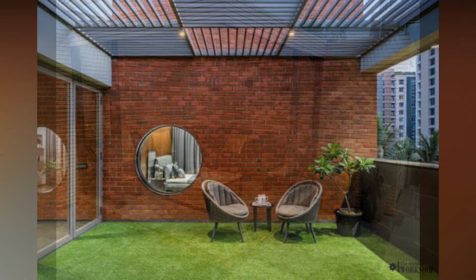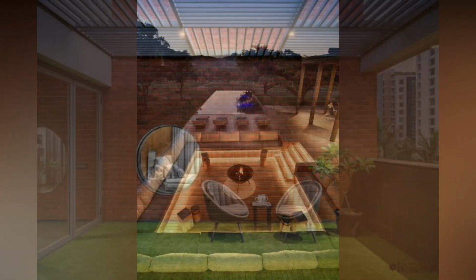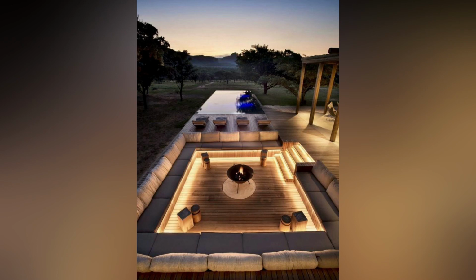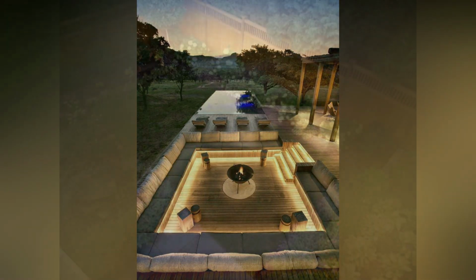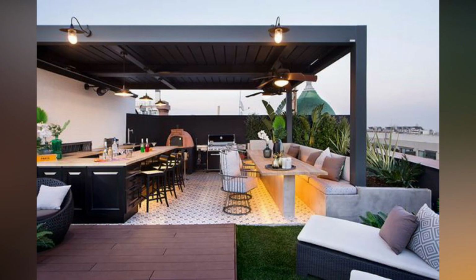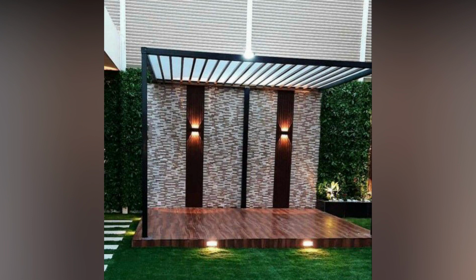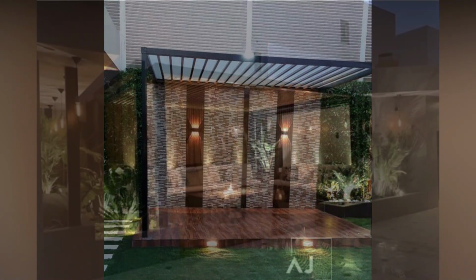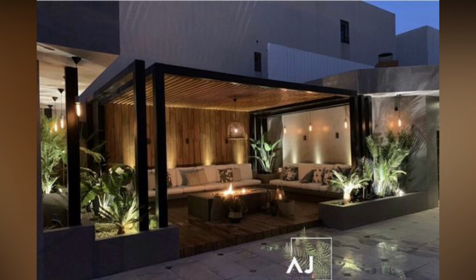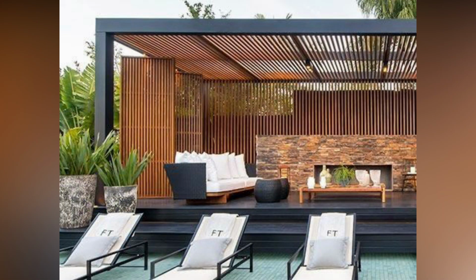As temperatures rise, and the allure of the great outdoors beckons, our focus naturally gravitates towards transforming our living spaces beyond the confines of our homes. With warmer weather comes the opportunity to bask in the sunlight, relishing the joy of preparing and sharing meals amidst the embrace of nature with family and friends. However, the question arises, is your garden ready for the grandeur of outdoor entertaining? If your backyard appears to be yearning for a touch of care or a dash of enchantment, you've landed on